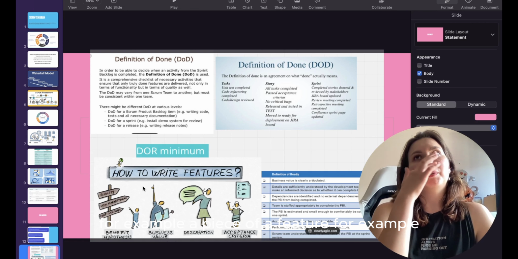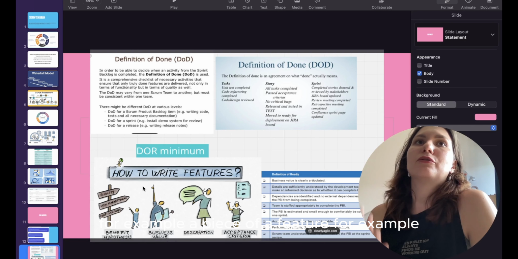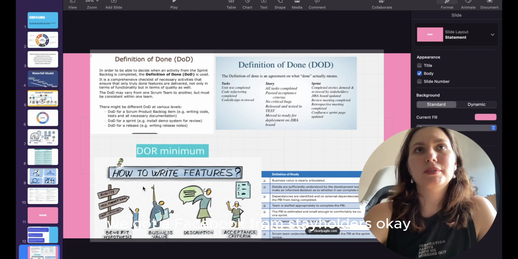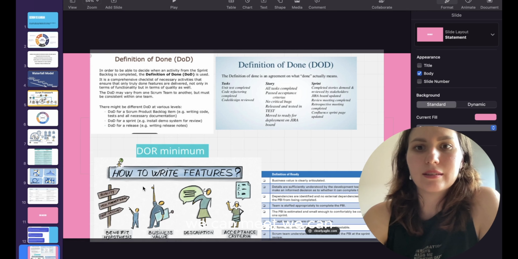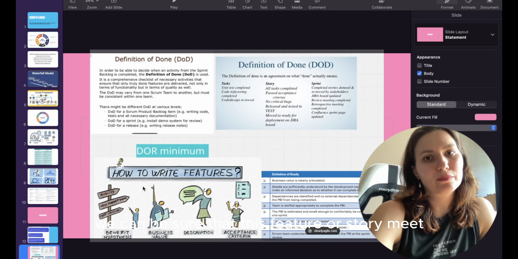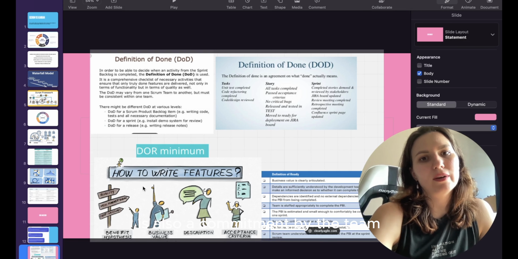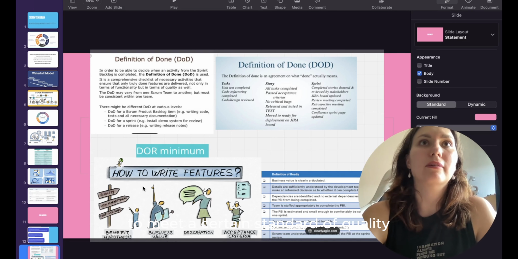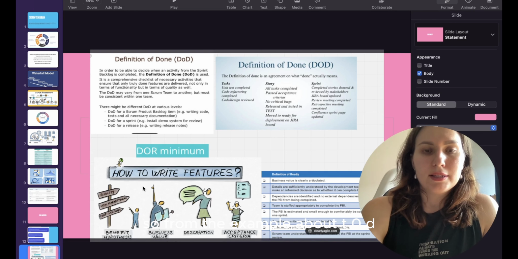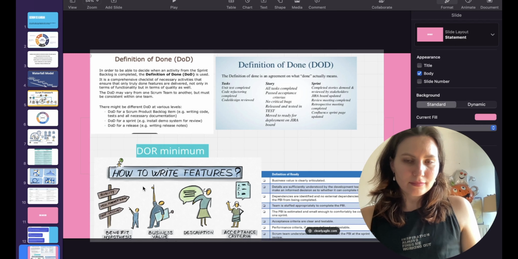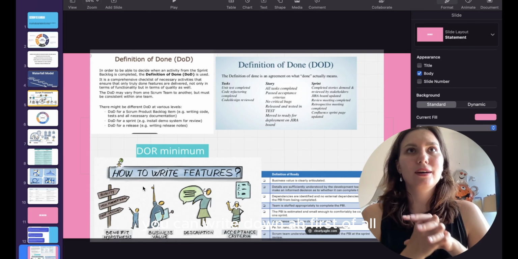For example, a feature was demoed and we got feedback from stakeholders. Okay, we can be sure that this feature or story meets the definition of done. It's also a commitment by the team to meet a certain standard of quality. So, from the example about DoD, you can write down: